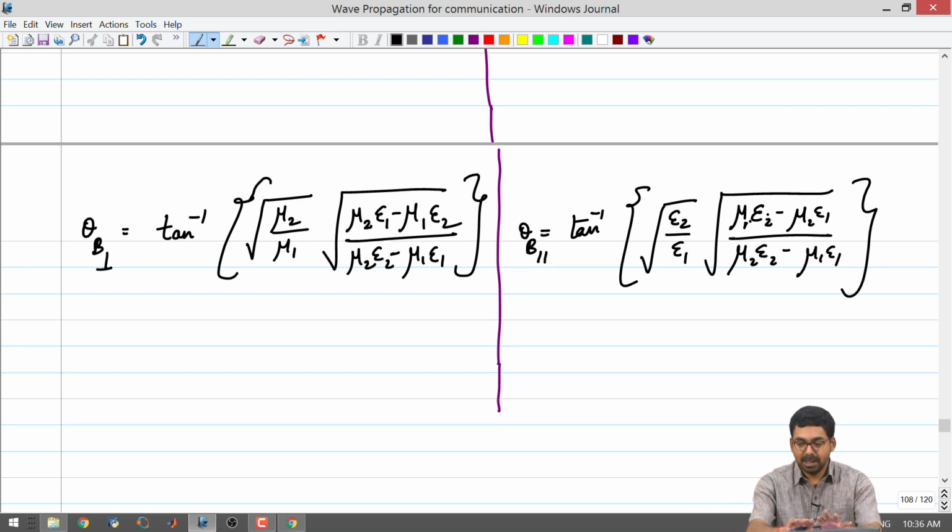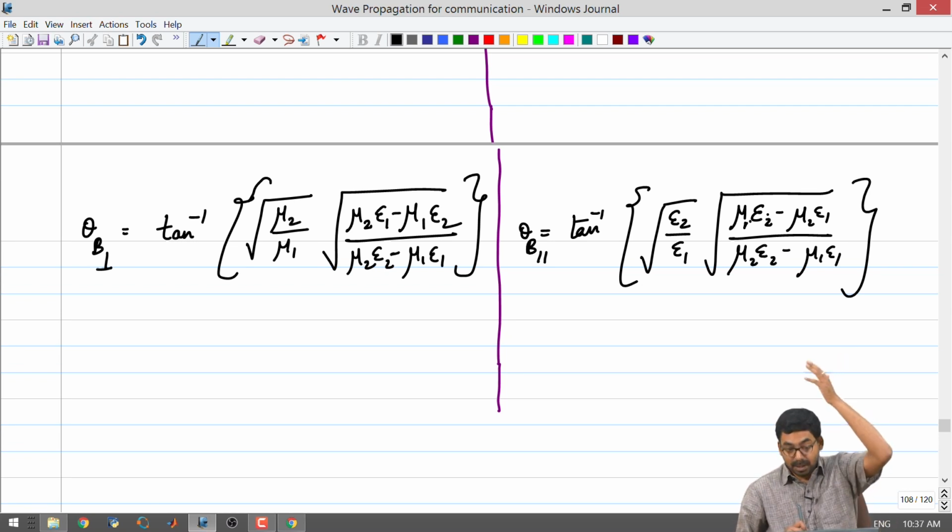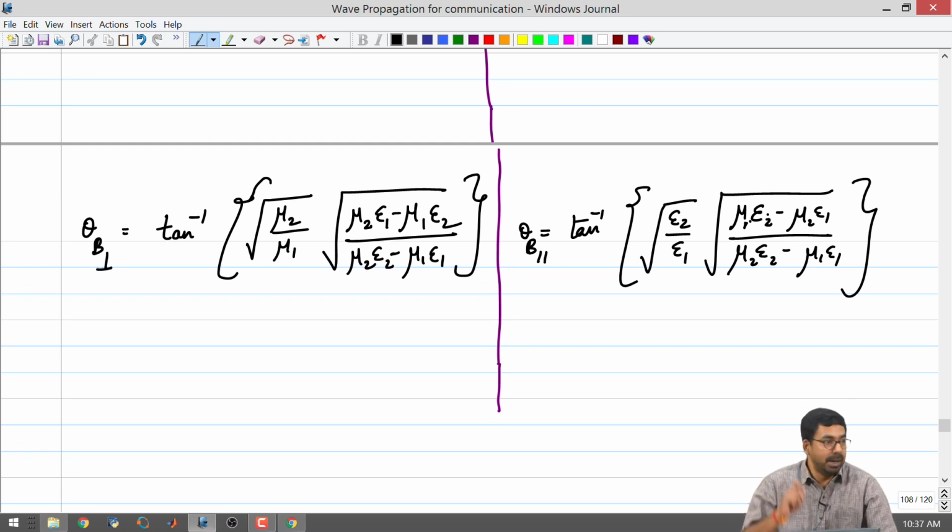In the general case, this is the expression for your Brewster's angle for perpendicular and parallel polarizations in the most expanded form. Suppose you are not given anything except mu 1, mu 2, you will be able to do this. Notice that this expression needs just mu 1, mu 2 and the material parameters, and you will be able to find out the expression. If your transmitted angle is given to you, then you will be able to find out the Brewster's angle in the other case. But if nothing is given, you will have to do some arithmetic, but it is possible to write down the incident angle purely in terms of material parameters and arrive at the Brewster's angle.